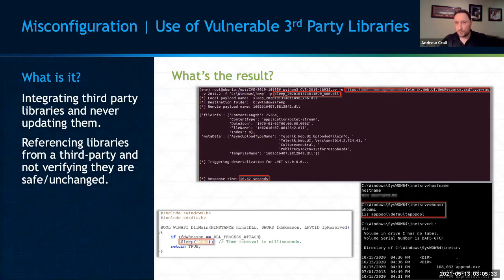We're in IIS app pool. It doesn't have like a specific service account that has huge rights to it. So that was good. But we did have a vulnerability that we were able to exploit to escape IIS app pool, and we became system rights, and we were able to pivot from there. So that one little vulnerability, that one little library that they didn't update at that one point in time can lead to a lot more, and this happens all the time.